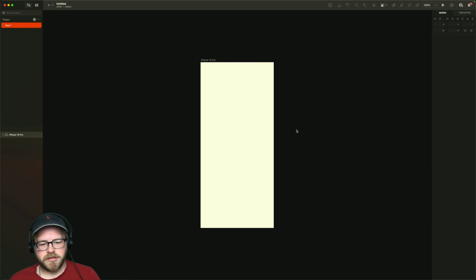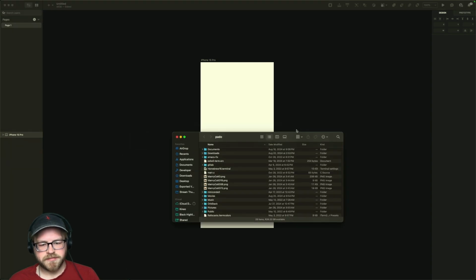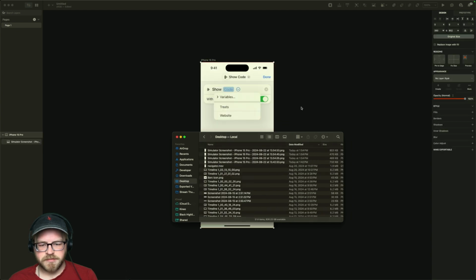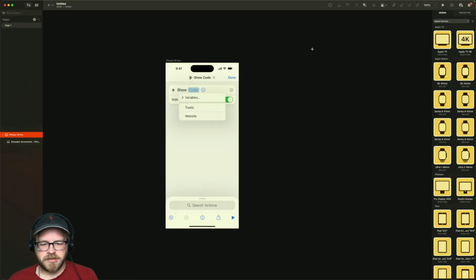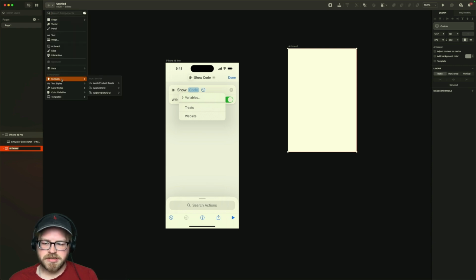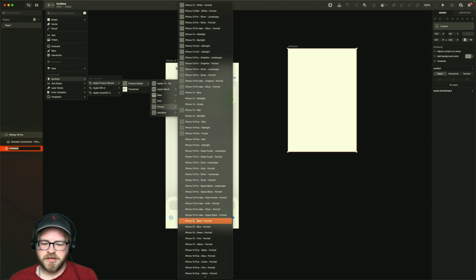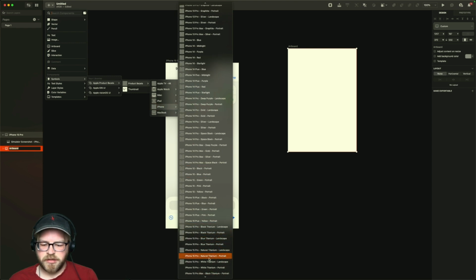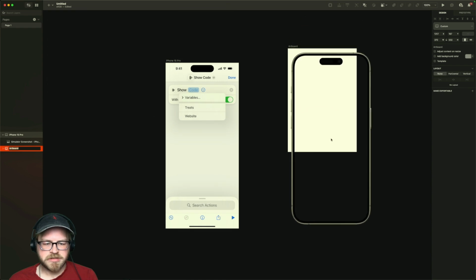Boom. We go get our screenshot. And then we do a new one and we make it so big, because what we care about is Apple product bezels, iPhone 15 Pro, natural titanium, of course.